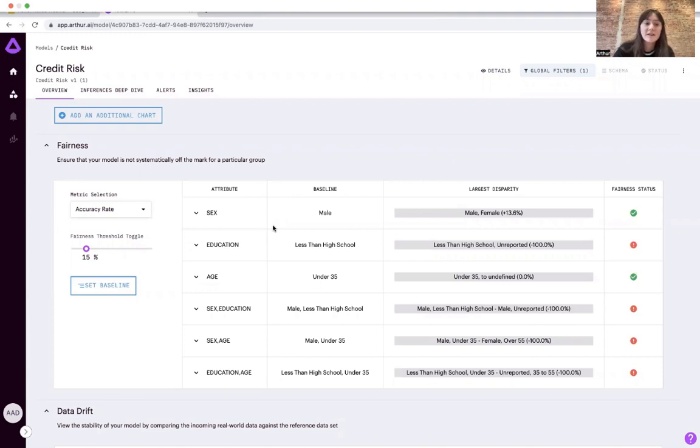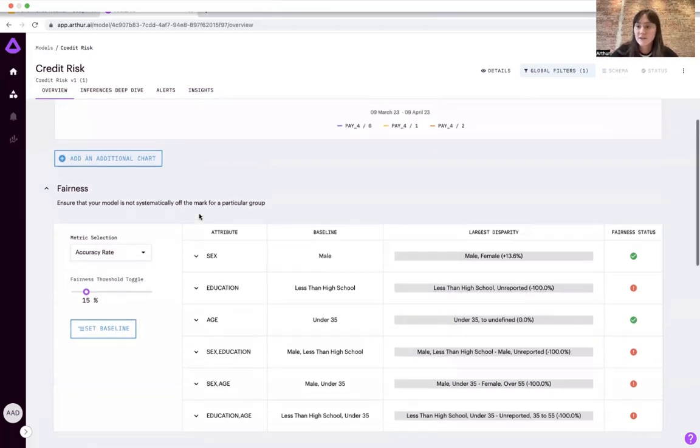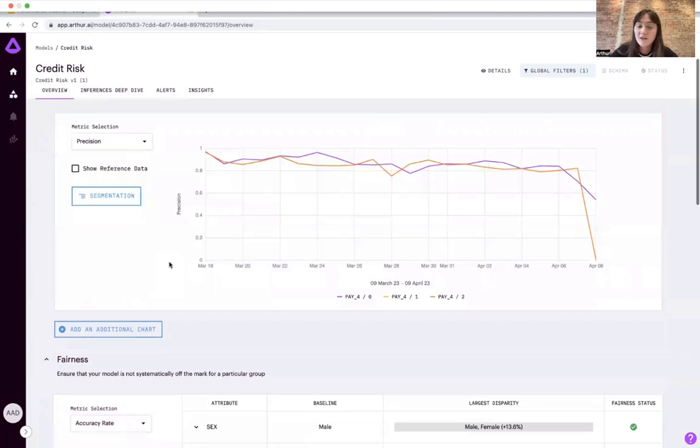So typically, fairness is done for sensitive attributes. So we allow the addition of non-input attributes into the platform. Those are features that weren't necessarily a part of your model, but allow you to track them still. So say for each inference, like the sex, age, race, gender of the person that you're predicting for, we don't recommend that you add that into your model so that you can track it with Arthur. It may not need to be a predicted attribute, but you can still add that metadata about the inference so that you can track and segment the accuracy or any type of metric for them up here,